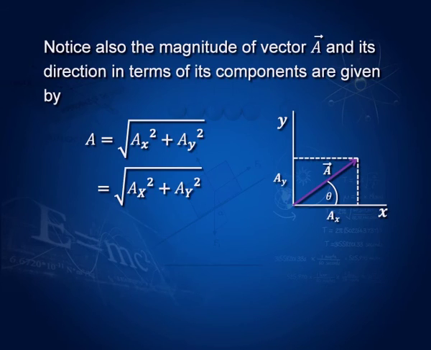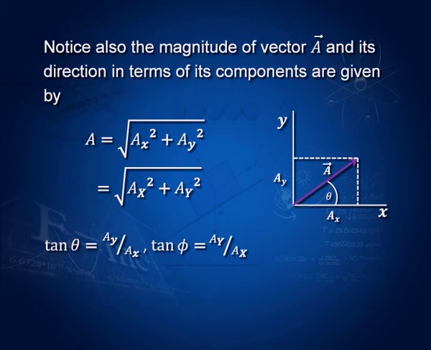Suppose we are given A x and A y, then how do we find vector A? Again, simple geometry tells you that the magnitude of vector A is equal to the square root of A x squared plus A y squared, whatever sector of x is you take. And the direction is given by, for the upper diagram, tan theta as the ratio between A y and A x, and for the lower diagram tan phi is equal to A y by A x.